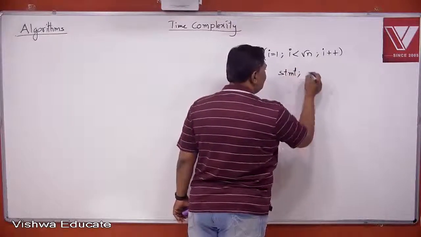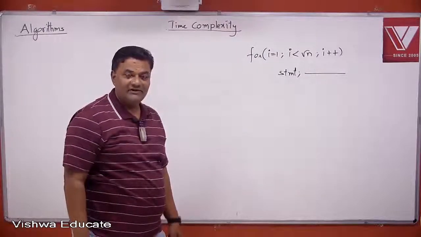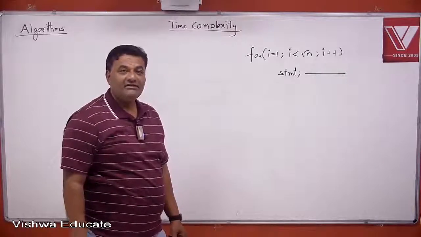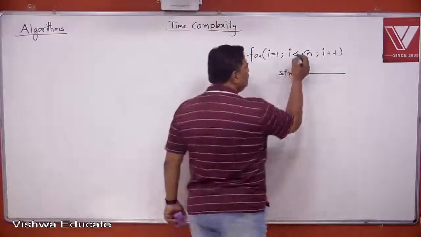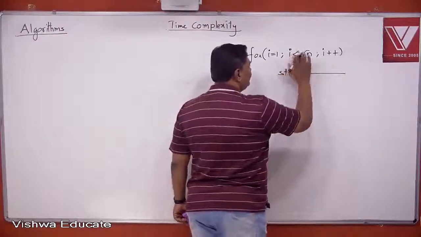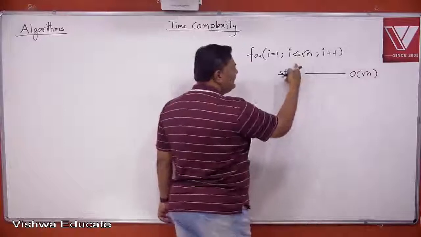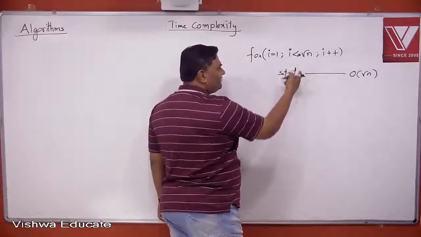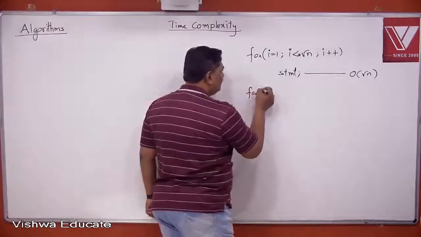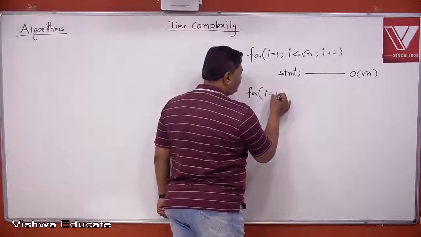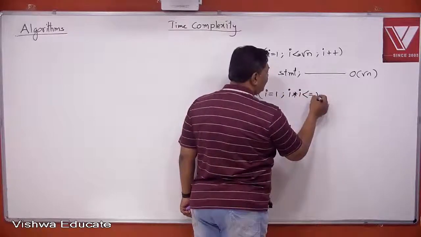Some statement. Now, quickly tell me how many times it will execute in terms of n, not the answer value. 5 times, 6 times, I don't want that. I want in terms of n. I will be incrementing up to equal to root n. I less than or equal to root n. How many times? Root n times, order of root n. If it is n, it is n times. If it is n squared, then n squared times. So root n times. Okay, then for I assign 1, I into I is less than or equal to n